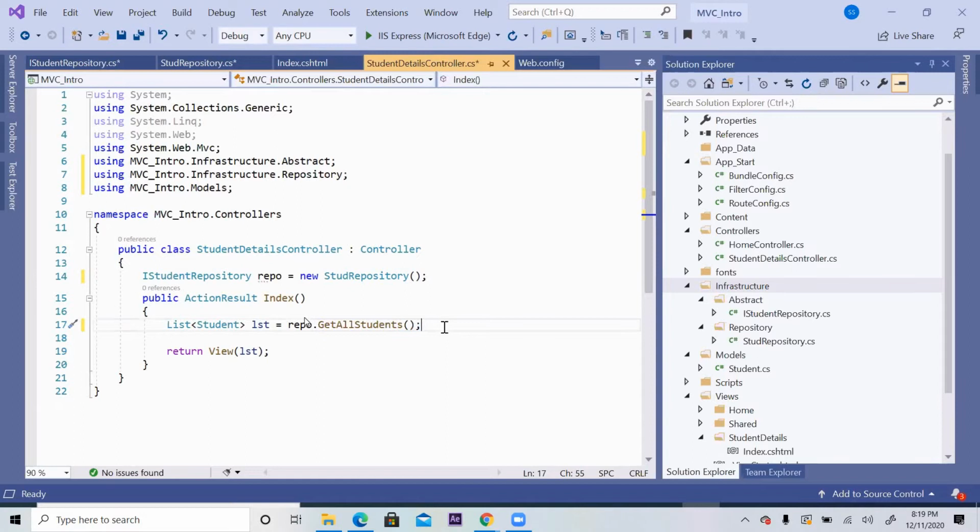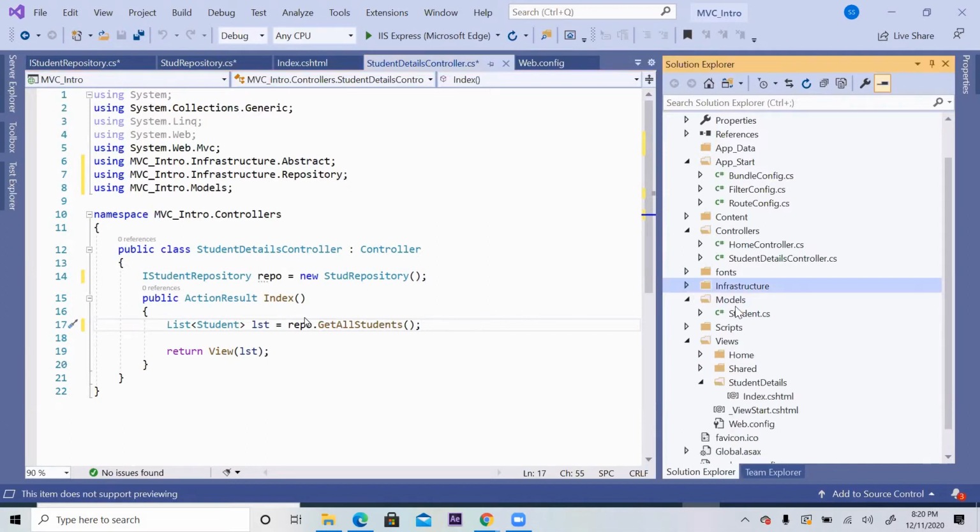Very simple. I was calling the model class function because my function was available in the model. Today I called the repository class function because my function has shifted to the repository layer. So now can I say instead of 3 layers, we used 4 layers. What are they?